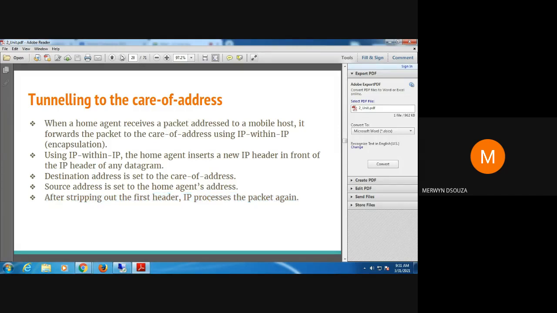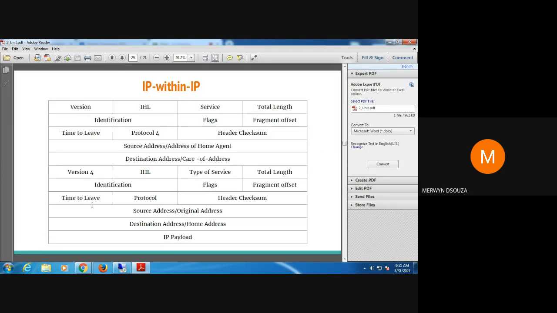Now in the packet format, it looks like this. You may remember this IP packet format. When the CN is sending the packet, you can look at this entire thing and tell me where the original source address and original destination address are within this diagram. It's pretty clear, it is here.